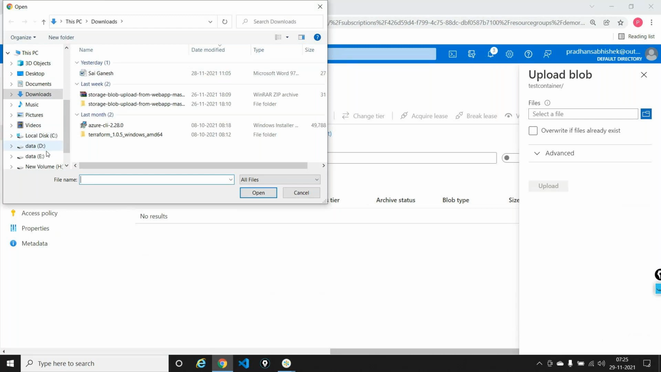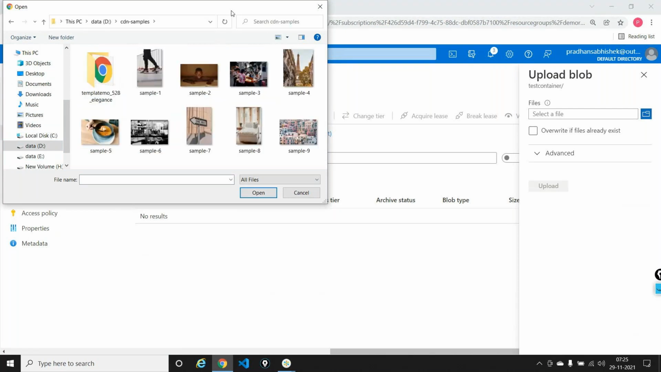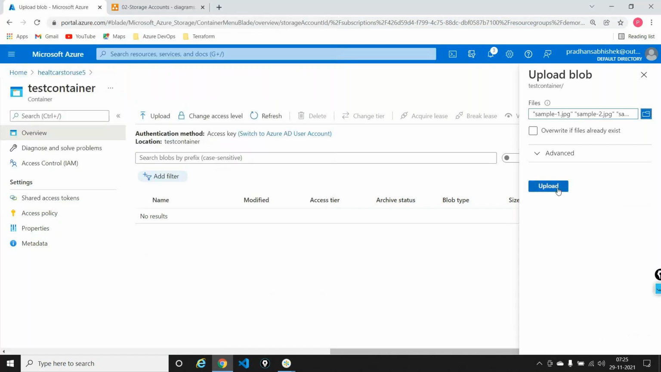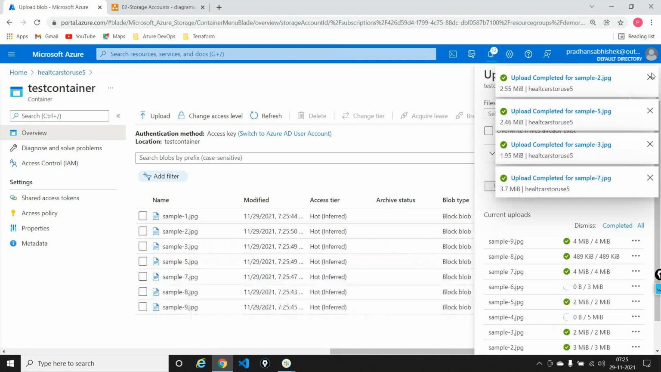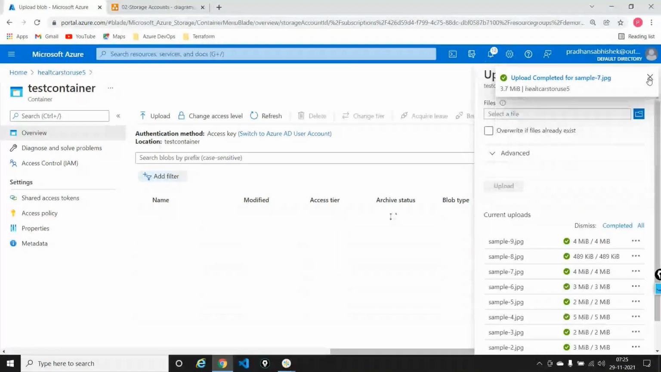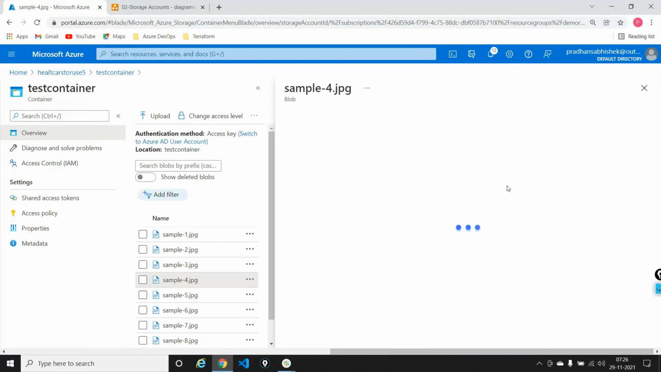So let's see. I have a couple of files. I'm just taking all these files out here and I'm just uploading all these things in one go. So about 4 MB files, 3 MB files, and etc. This is the file size that I'm uploading. And once these are uploaded, let me just close this out, give it a refresh, and just pick up the biggest file here, which is like 4.7 MB. I'm just taking the URL of this file